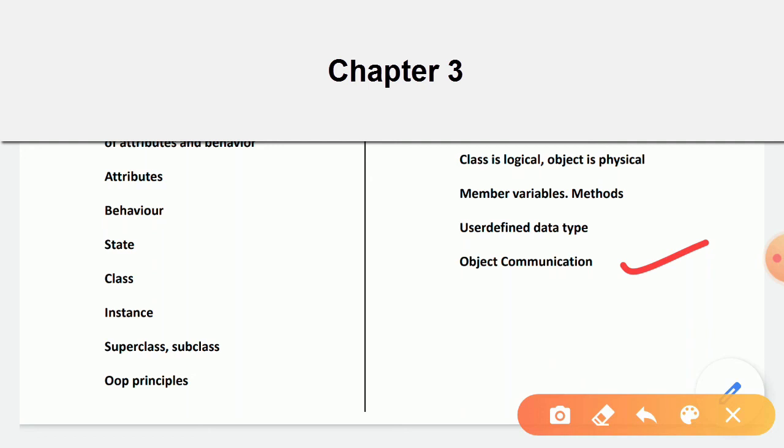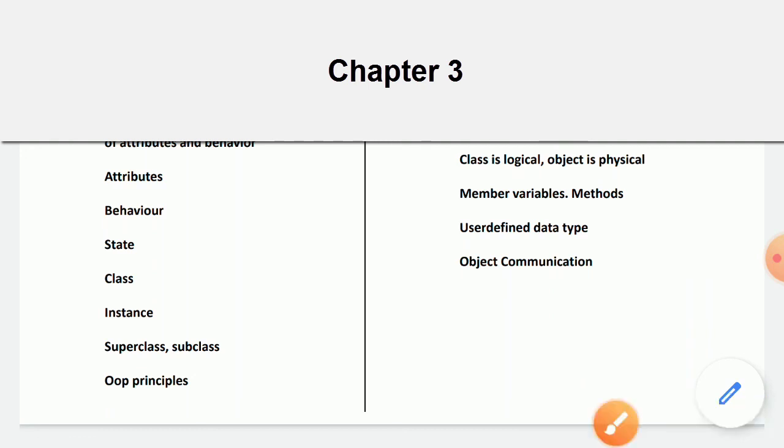So I've touched on all points in this chapter. I think I've forgotten to discuss procedure oriented programming. So let's quickly have a look at procedure oriented programming versus object oriented programming.